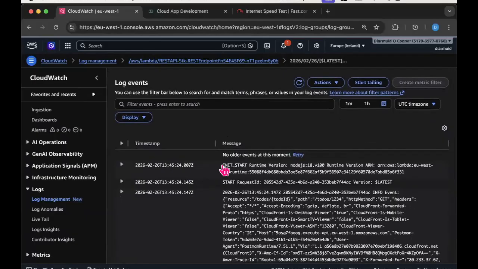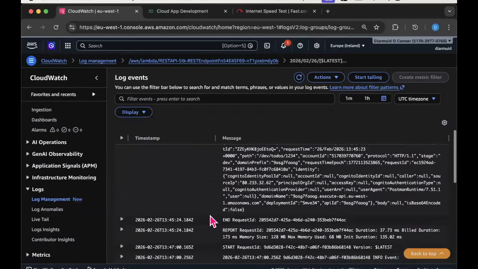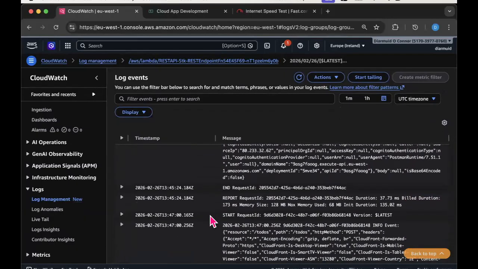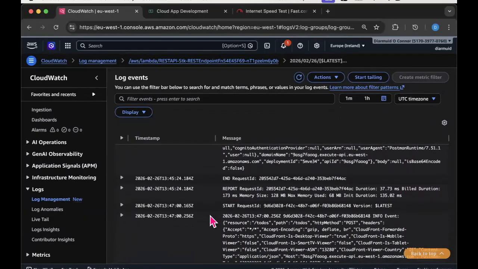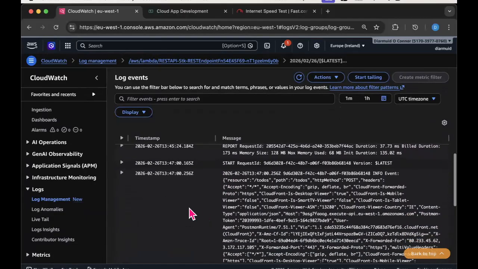So this log stream has an init part, it has a start. That start relates to the second request that I sent. The third request then was the post, so that looks like this part of the stream. And if I now expand this, which is the console log of the event object for the post request,